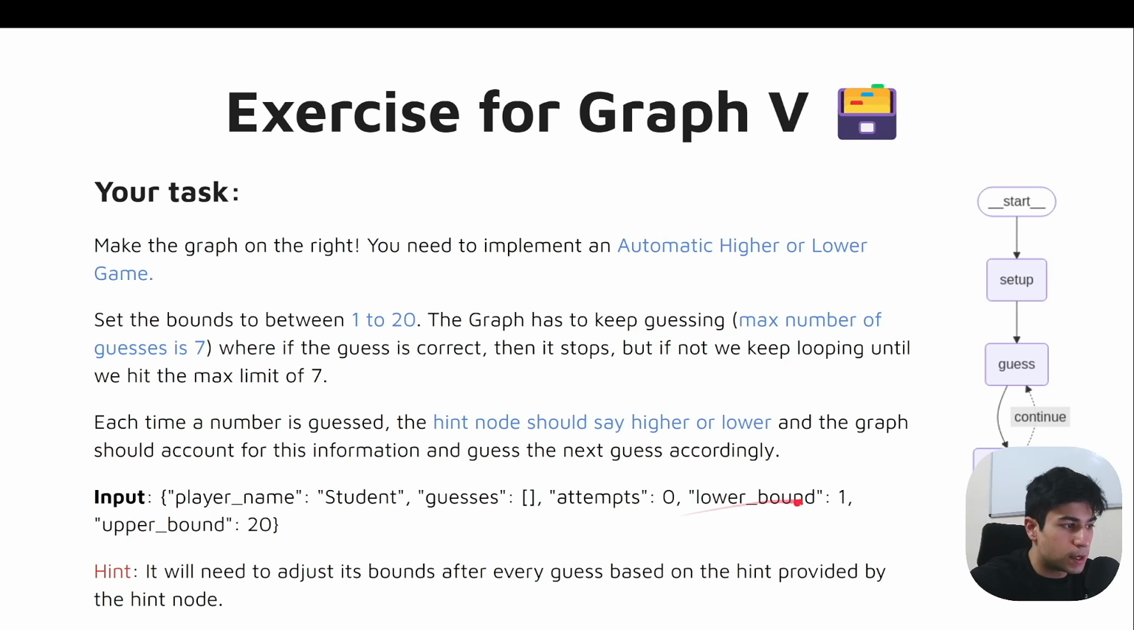Now, the reason I've also passed these as inputs is because if you wanted to expand this to maybe 1 to 50 numbers or whatever, you can. It's quite easy to do that. Just as a hint, it will need to adjust its bounds after every guess based on the hint provided by the hint node. So once you've completed this exercise, you would have fully reinforced your understanding about loops in